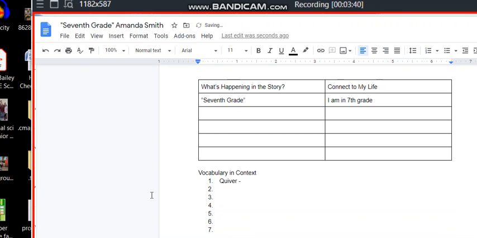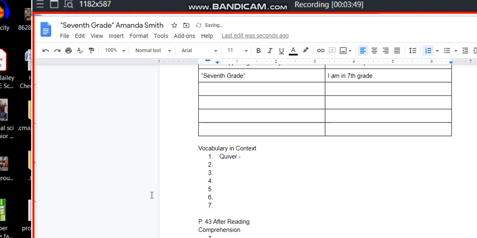They're also worth more credit because you're spending more time explaining your reasoning and trying to understand the text at a deeper level. Question 4 asks you to make that connection, so it will have you refer back to the table. Question 5 is going to have you compare and contrast characters in the story. Question 6 is going to have you identify the plot stages.